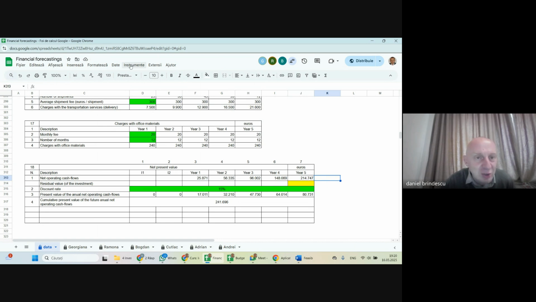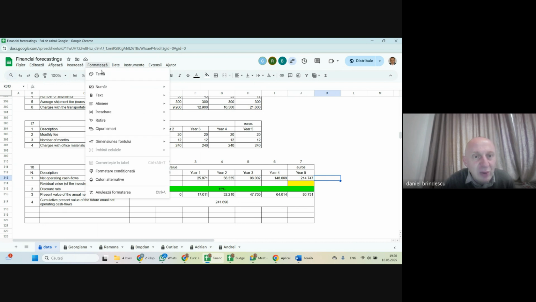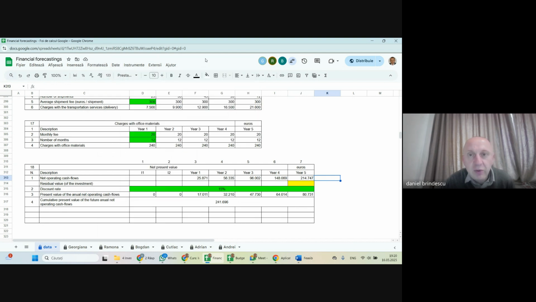So I need a capitalization rate, an expected rate of return. Usually, the capitalization rate is considered to be equal to the discount rate. So let's say 15%. So if I expect a 15% yearly return, how much would I pay for something that brings me 214,000 a year? Well, I would pay 214,000 over 15%, which is